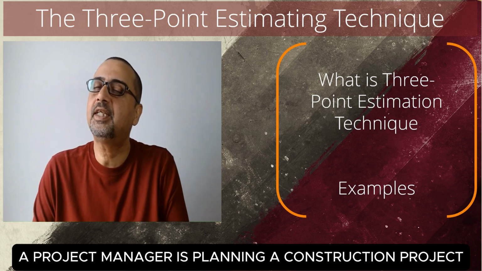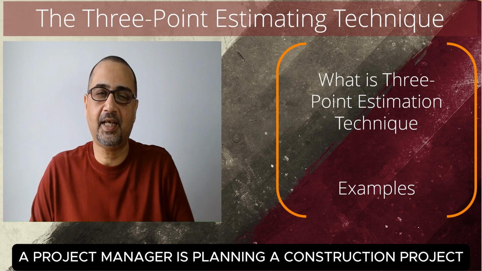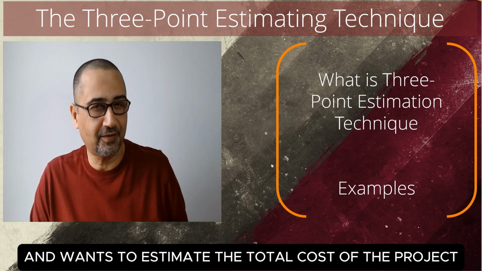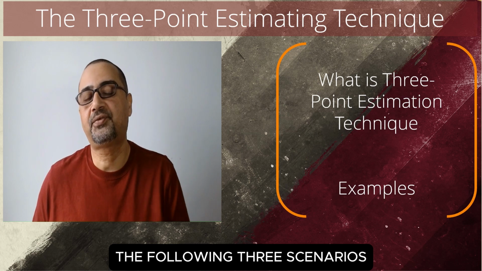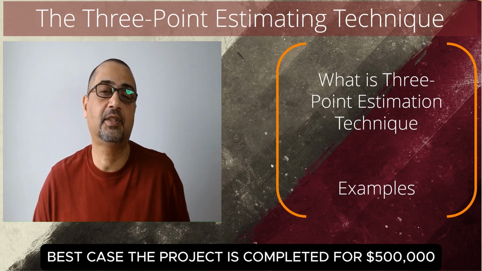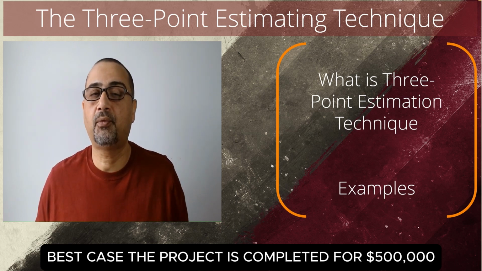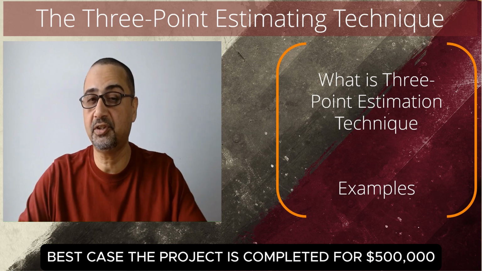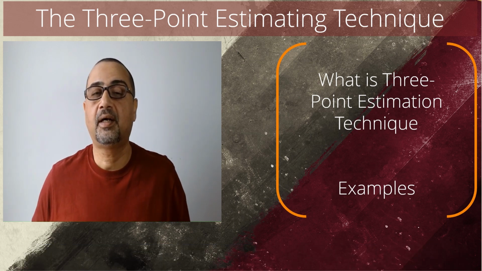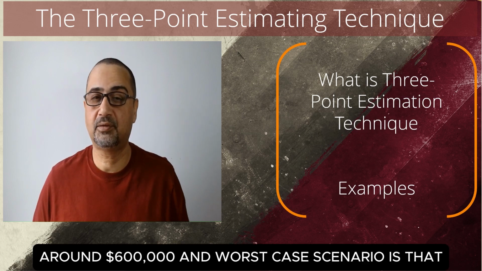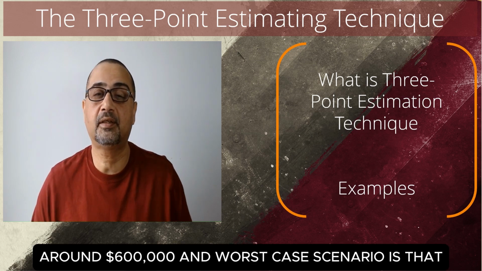Estimating for project cost. A project manager is planning a construction project and wants to estimate the total cost of the project. The project manager identifies the following three scenarios. Best case, the project is completed for $500,000 US. Most likely scenario is where the project is completed around $600,000, and worst case scenario is that the project will require